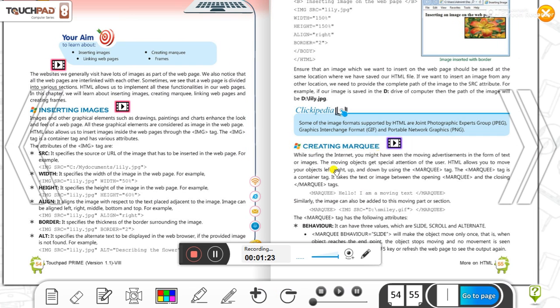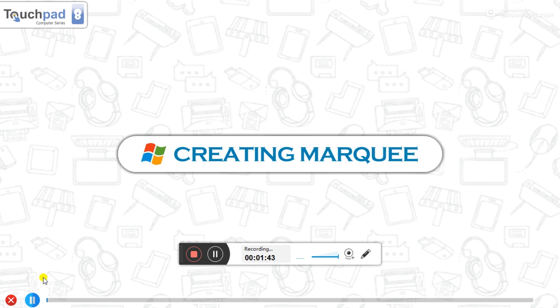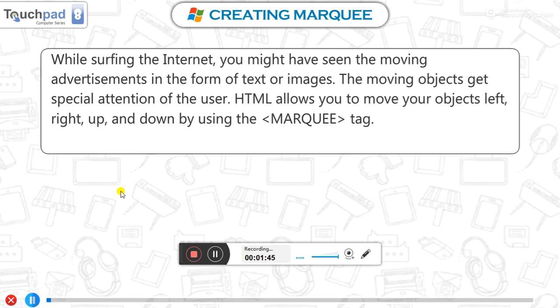First thing, what does marquee mean? While surfing the internet, we might have seen moving advertisements in the form of text or images.